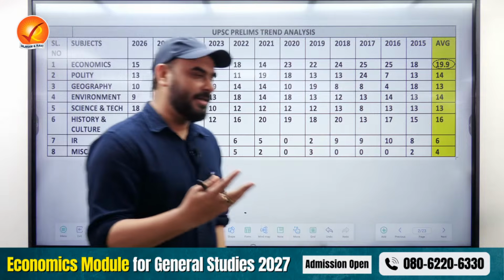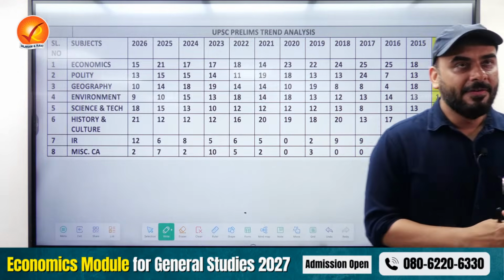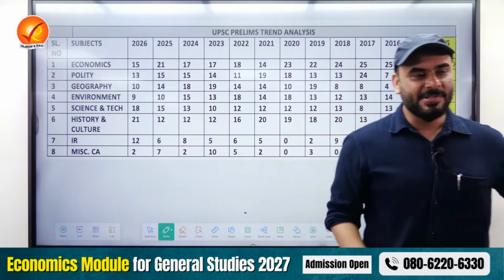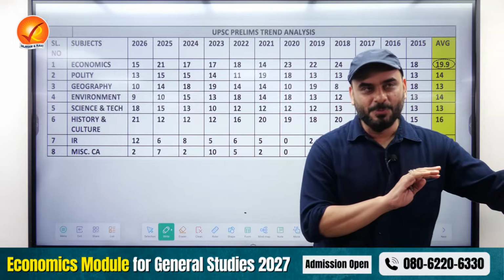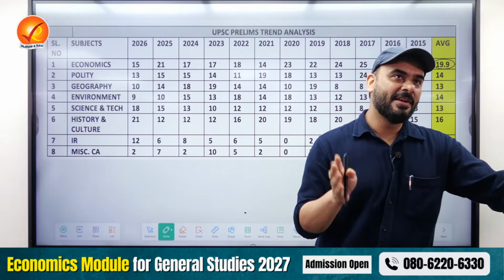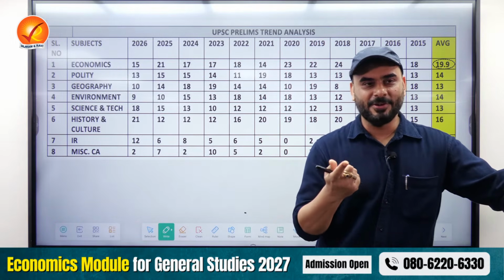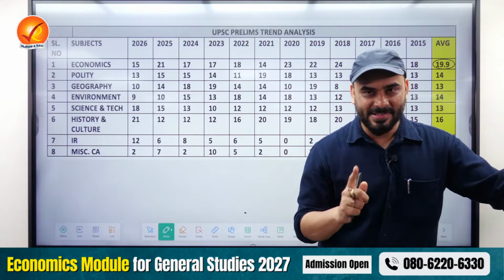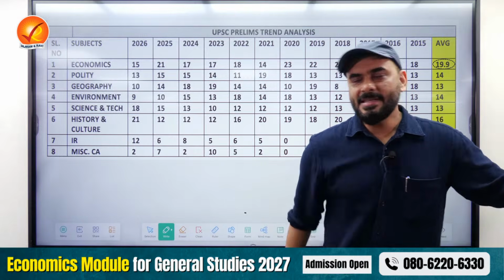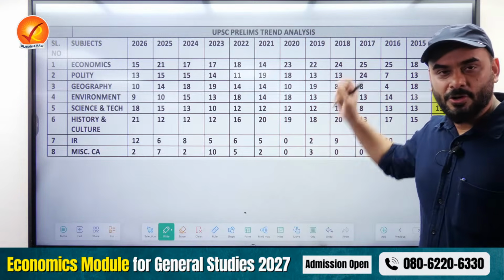Not only that, something else is very important. If you understand the Indian economy and how the economic system works, understanding the newspaper is super easy. Understanding the relationship between resource management, which is the economics part, and polity, governance, it becomes so easy. That is the reason that this subject cannot be ignored.